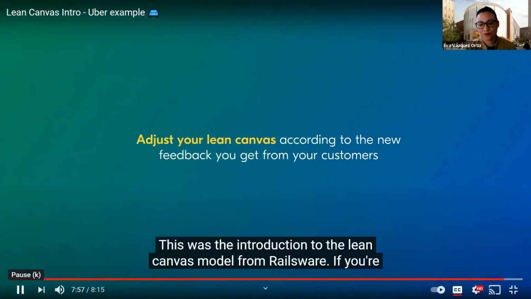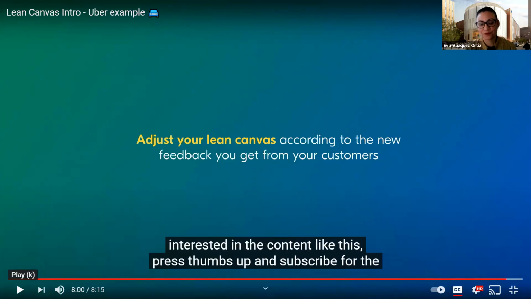This was the introduction to the lean canvas model from Railsware. If you're interested in the...